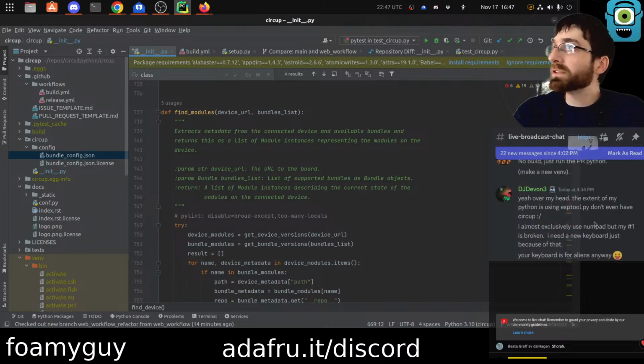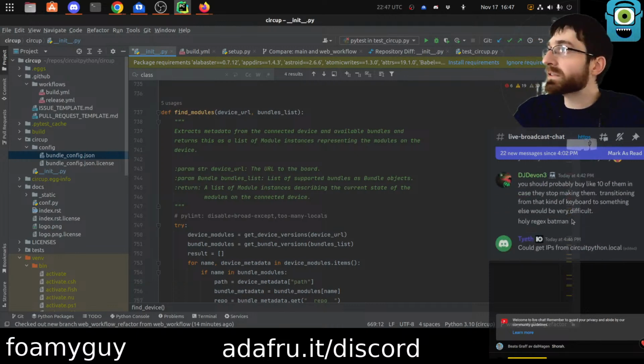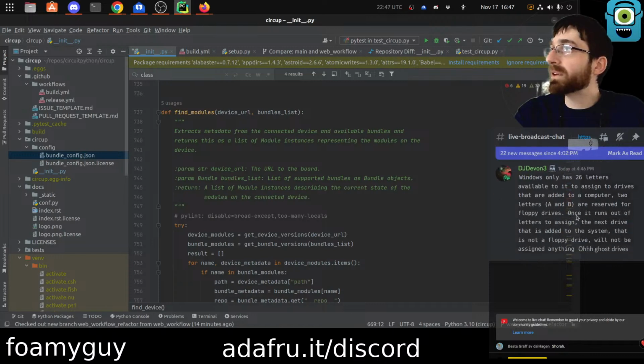I've had trouble with the circuitpython.local personally. I don't know if it's my network, or if I always have trouble, or if it's certain devices, or if I was just doing it wrong. I didn't have it set up. I'm not sure, but